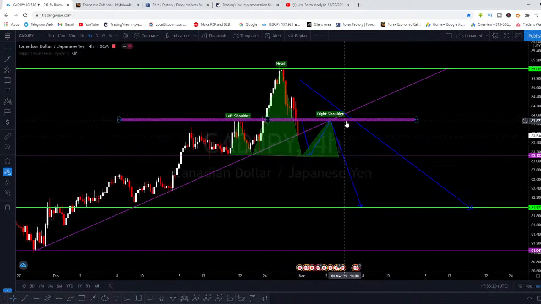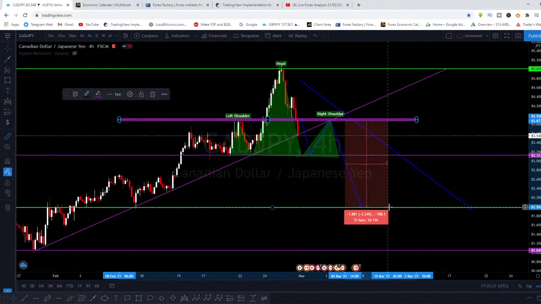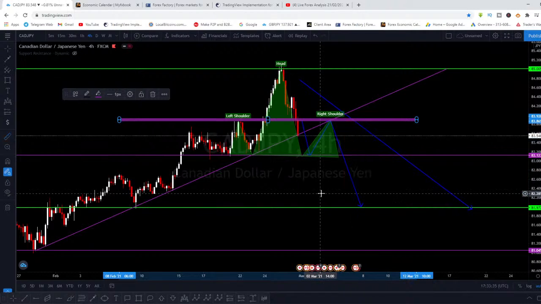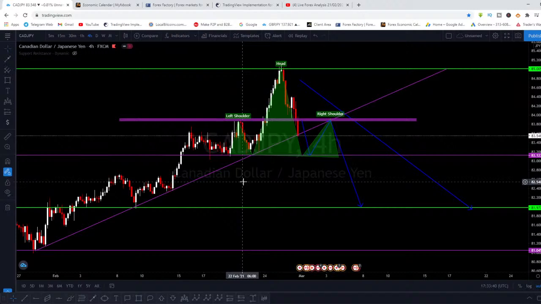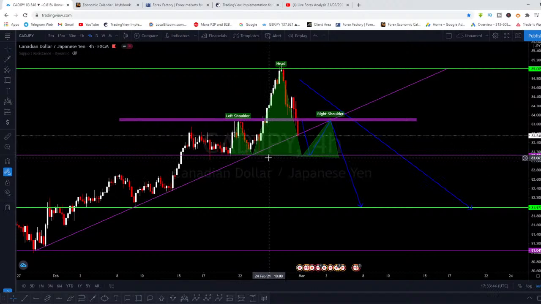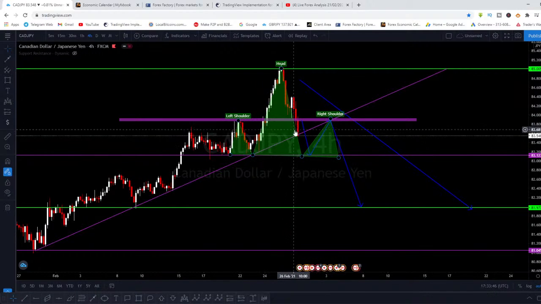And this is going to be for how many pips? This is going to be for around 190 pips, right? So with very good risk management and things like that, you will be able to have a decent amount of profit on this CADJPY trade. But first of all, make sure the market breaks out of this trend line.